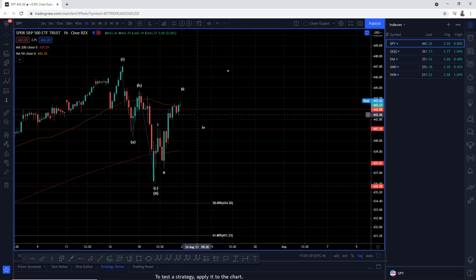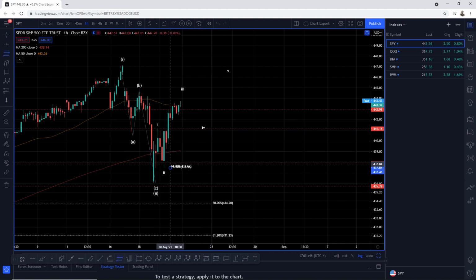Okay, now I say I'm labeling or assigning this a 70-30, right? 70% that this is an impulsive structure and we're heading on higher, and 30% that we're still going to hit resistance and turn over. Okay, now if that's the case, again, we shall know relatively soon. So what are those levels?